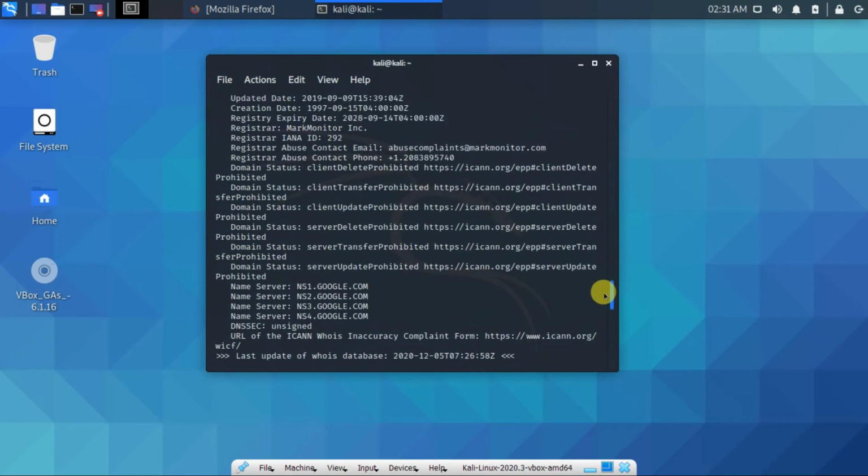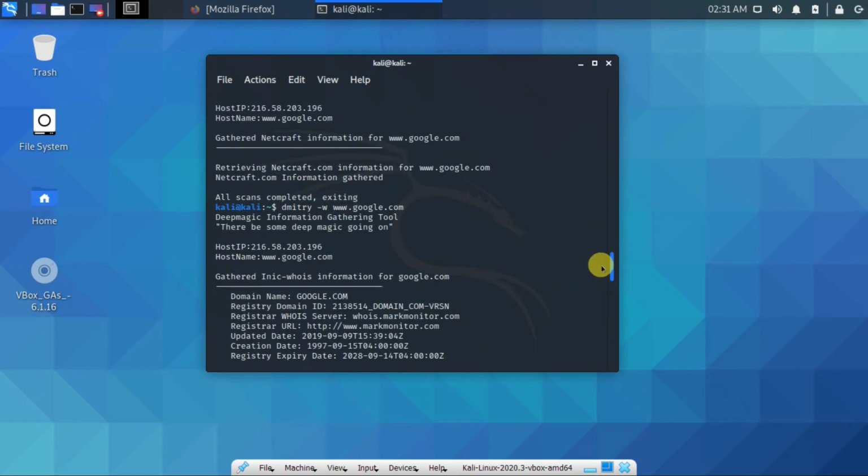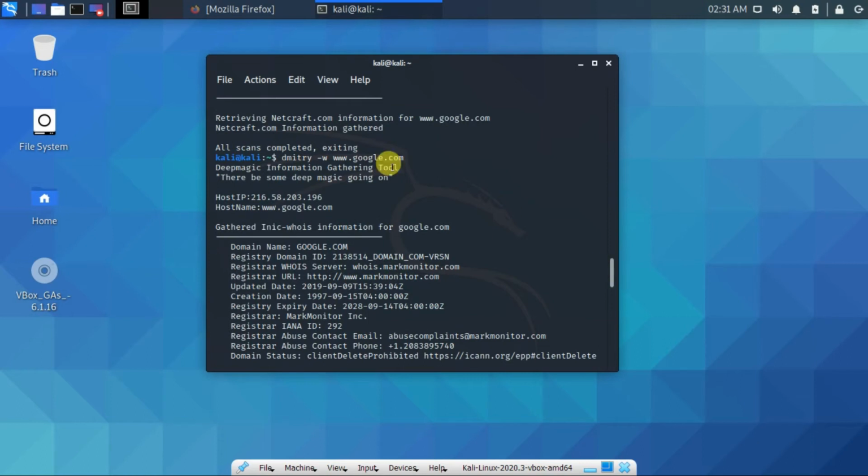But what did we learn from this particular command, that is Dmitry -w google.com? So now we know the web IP address of google.com.